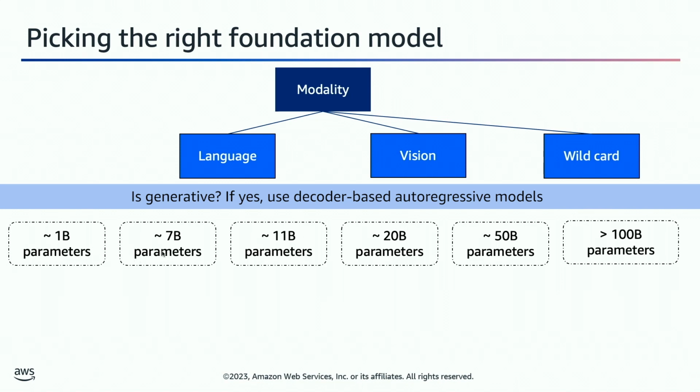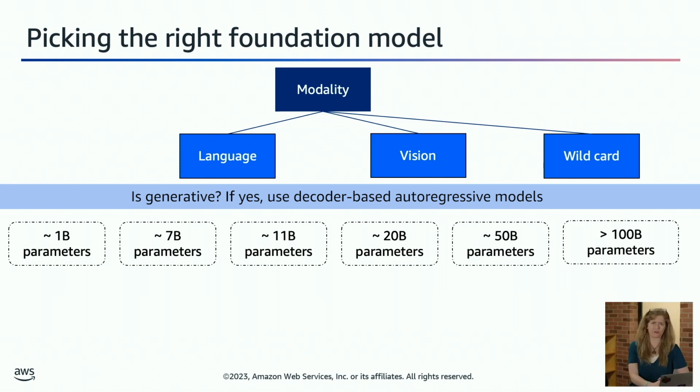And then these are the categories that I tend to see for parameter counts. So you have some models that are solidly in the 1 billion parameters, like your GPT-2 in some of the different flavors. And so you can get some performance with the 1 billion parameter model. I'm not going to write a novel with it, but I might do some classification with that thing. Your 7 billion parameters is going to do a little bit more. You might need your 2 accelerators for your 7 billion, and it's going to do a little more. So maybe I'm not just classifying, maybe I'm generating a headline or generating a summary.